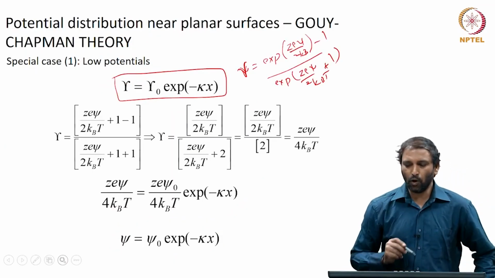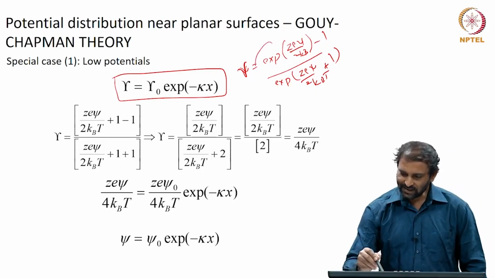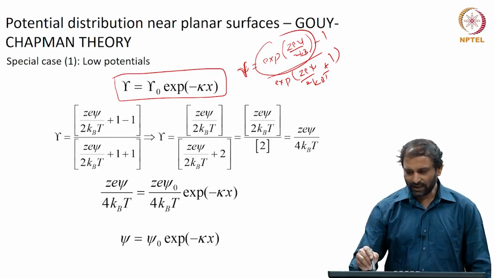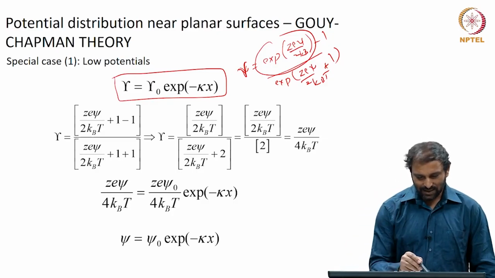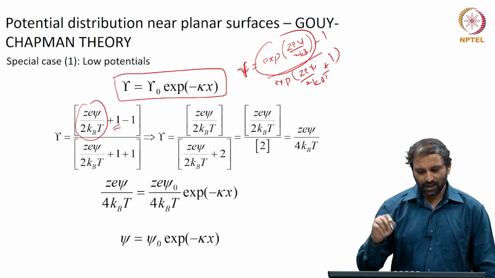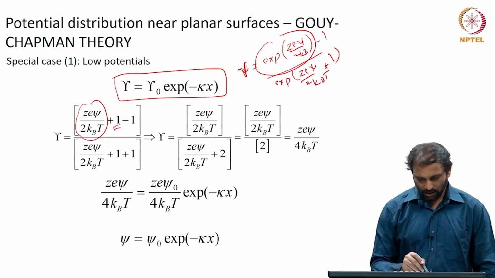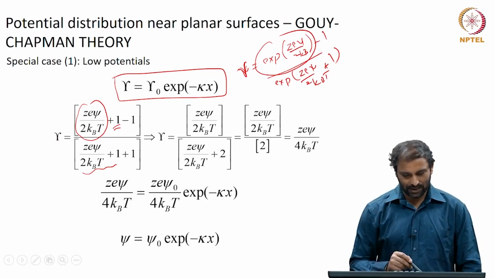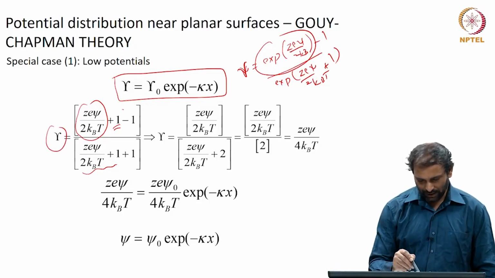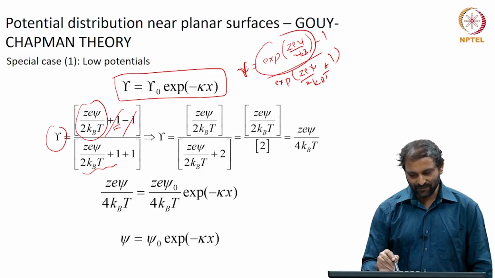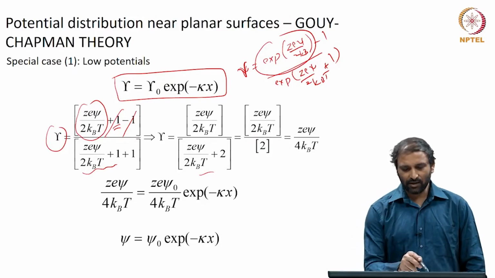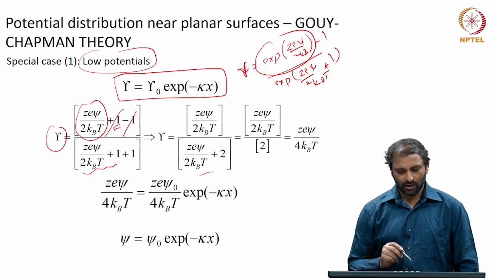Now, if we assume the low potential case, what one could do is this exponent term I can neglect the higher order terms and I can write exponent of z e psi divided by 2 k b t as z e psi divided by 2 k b t plus 1, and I am going to neglect all the higher order terms. Similarly, the denominator also, the same thing, I am going to only retain the first two terms in the series expansion of exponent of z e psi divided by 2 k b t. So, therefore, gamma becomes, so I can cancel these two. In the numerator I have z e psi divided by 2 k b t divided by, in the denominator I have z e psi divided by 2 k b t plus 2, because we are taking the low potential case, okay,